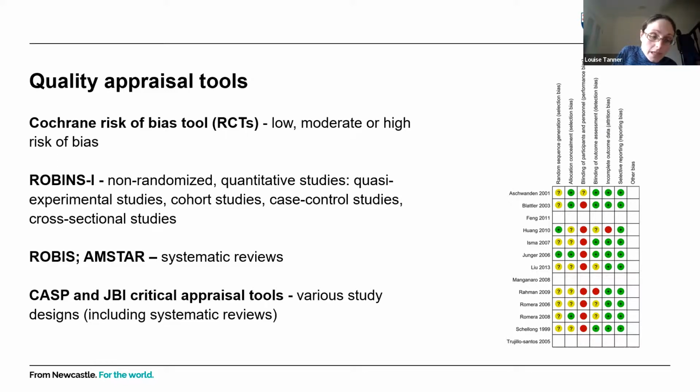The CASP program has tools for assessing different types of studies: a tool for assessing the quality of cohort studies, a different tool for assessing the quality of randomized controlled trials, etc. And actually, if you are new to quality appraisal, then the CASP tools are a good starting point because they're quite user-friendly and a bit easier to implement than the Cochrane tools, but they are still valid tools. But if you have a bit more experience and you want to use a more robust method, then I would recommend using the Cochrane tools.